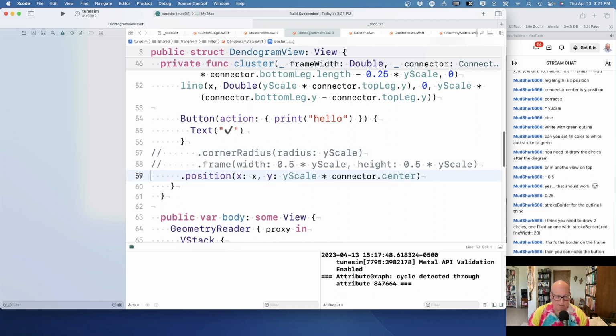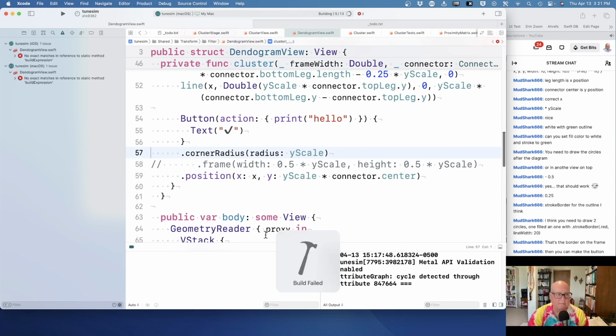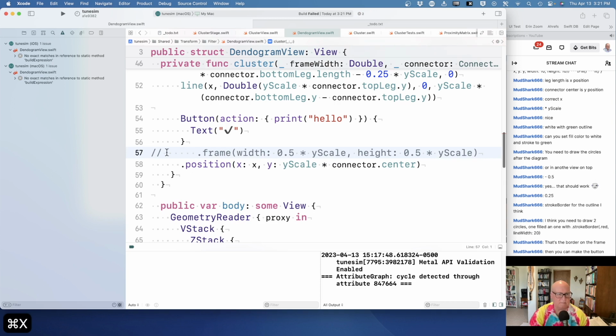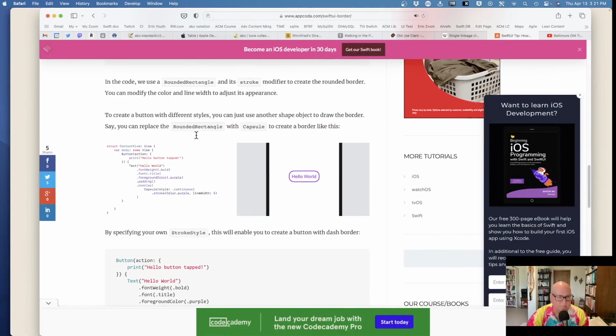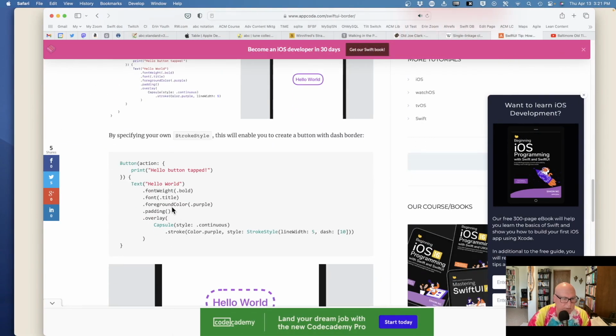Well, this is probably the one I care about. Doesn't like corner radius there. But,